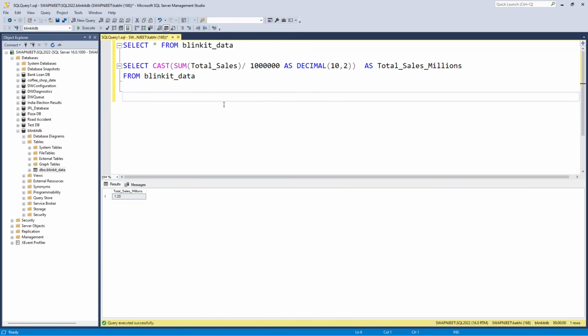You can do one more thing also: use the CONCAT function over here, and at the end try to add the word millions. That will be your homework. And one more thing you have to do, guys,